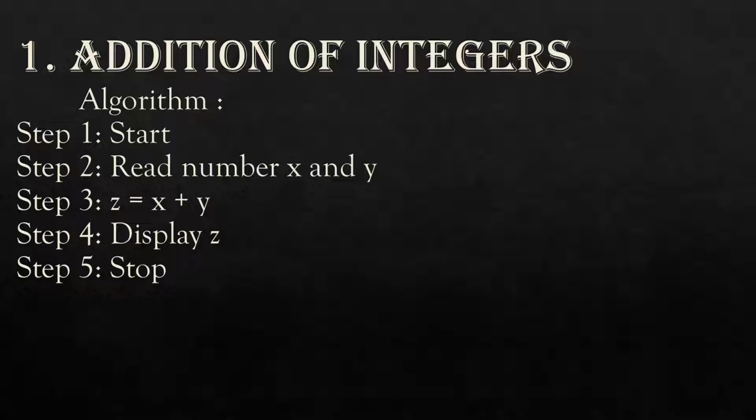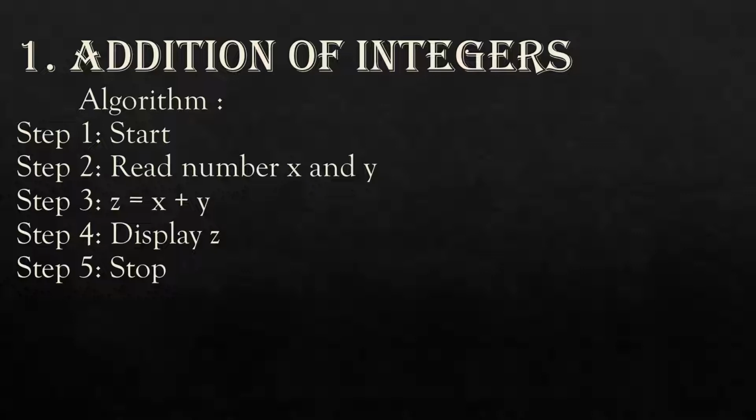Okay, so we'll write an algorithm. In an algorithm, the first step always begins with start. In the second step, we read numbers x and y, the computer will read the numbers x and y. In the third step we are using the formula z equals x plus y. Whatever the x plus y value will be, it will be stored in the z variable,